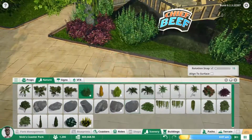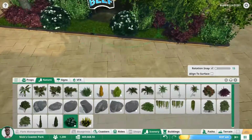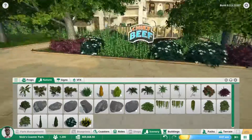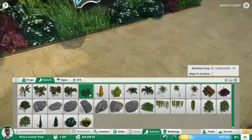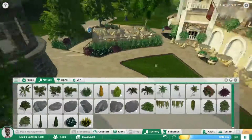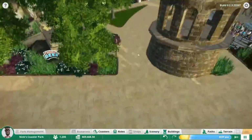Okay, so anyways, we're placing more plants. Okay, cool. Placing plants. That's awesome. And yeah, got our little sign up there at the front showing that we got the whatchamacallit back behind there, and that's pretty bad. It was just on screen. I should actually know the name of it, so...